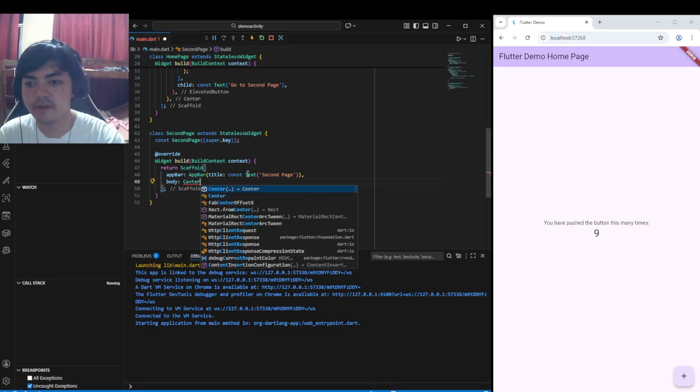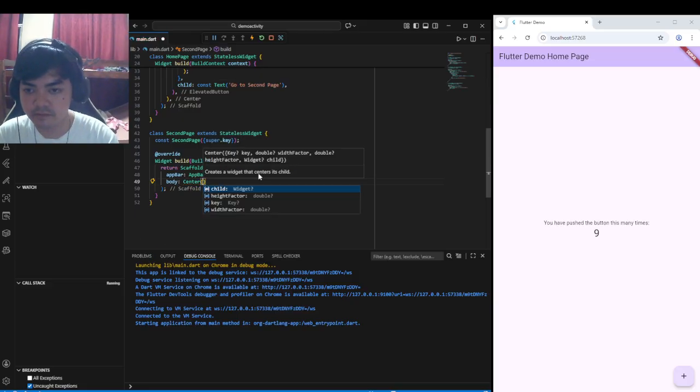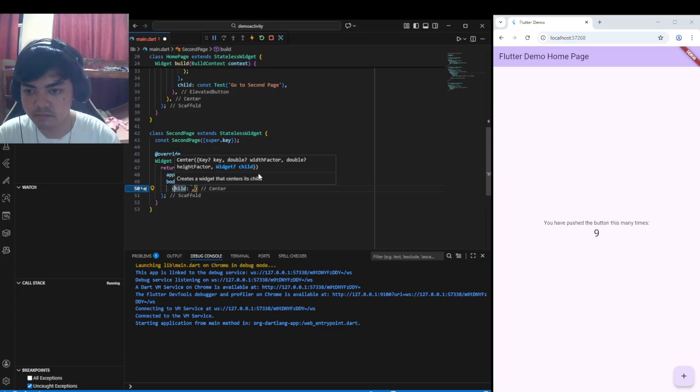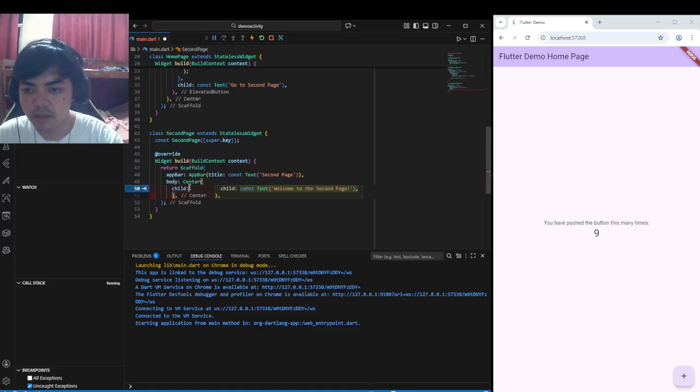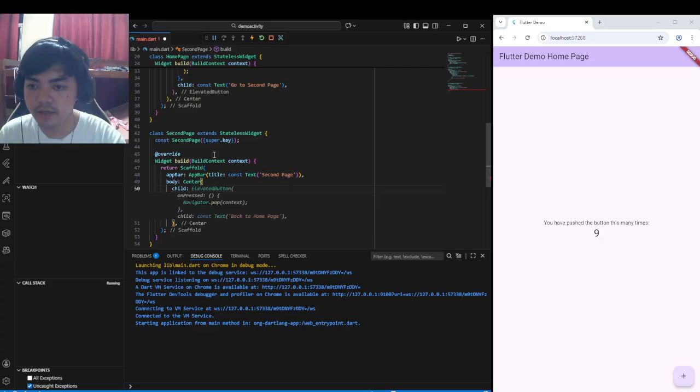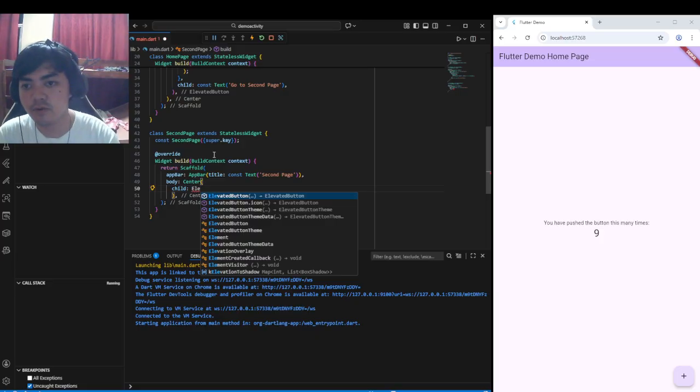We're going to center it. In our body, we add another elevated button to go back to our main page.